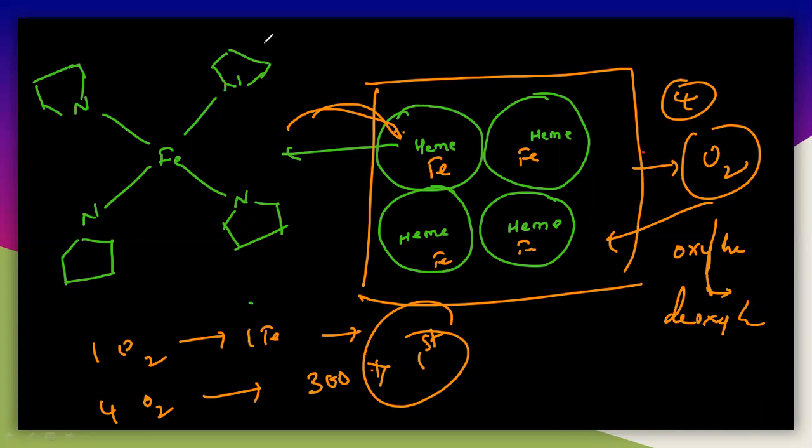So let us see the exact structure here. I'm writing only one heme group, that is, only one subunit or monomer, with one iron. Exactly, you can write iron in the center, and there are 4 pyrrole rings. This is the nitrogen, and this is the nitrogen, and nitrogen. I'm not drawing all the pyrrole rings, the remaining structure. Remember this. First, I will write the two structures, deoxy and oxyhemoglobin. I will write both.